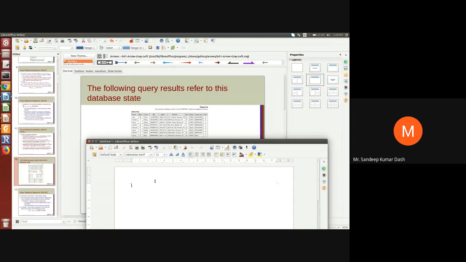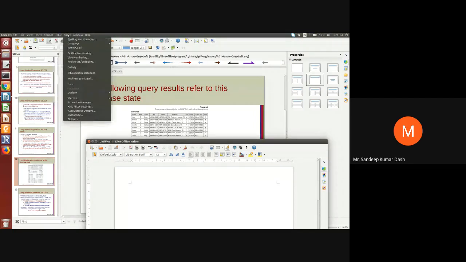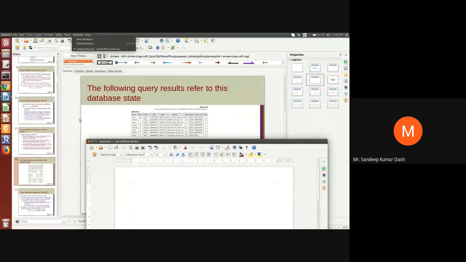Okay. I said that there will be two conditions. First one is the salary greater than 30,000. Second condition is department number equals to 5. Tell me the result. Which rows will you get? Ramesh and Franklin.